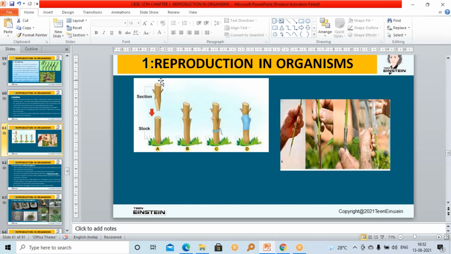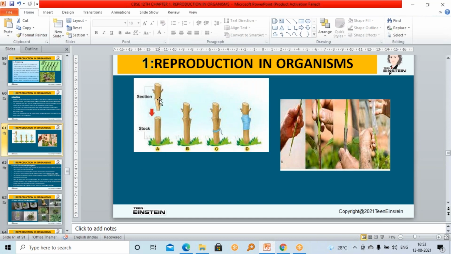The upper part from one parental plant is placed in close contact with the lower part of the second parental plant. The upper part which is from parent A is placed in close contact with the lower part of the second parental plant. One parental plant we are selecting as a lower portion and another as an upper portion. So before doing this, first we need to decide which plant we are going to select for the root portion, the lower portion. This portion which we select as the root portion is called the stalk. Then the portion which we have selected for the upper portion, for the stem side,